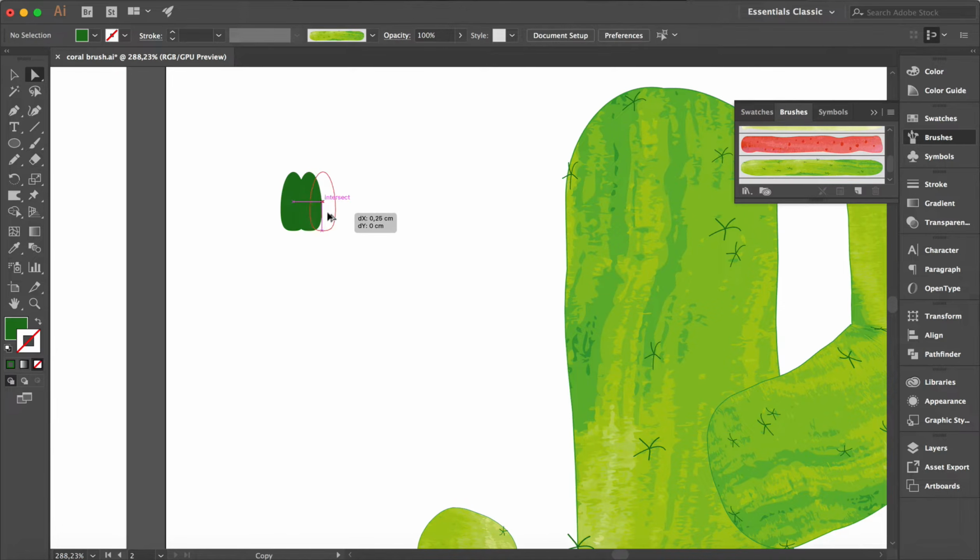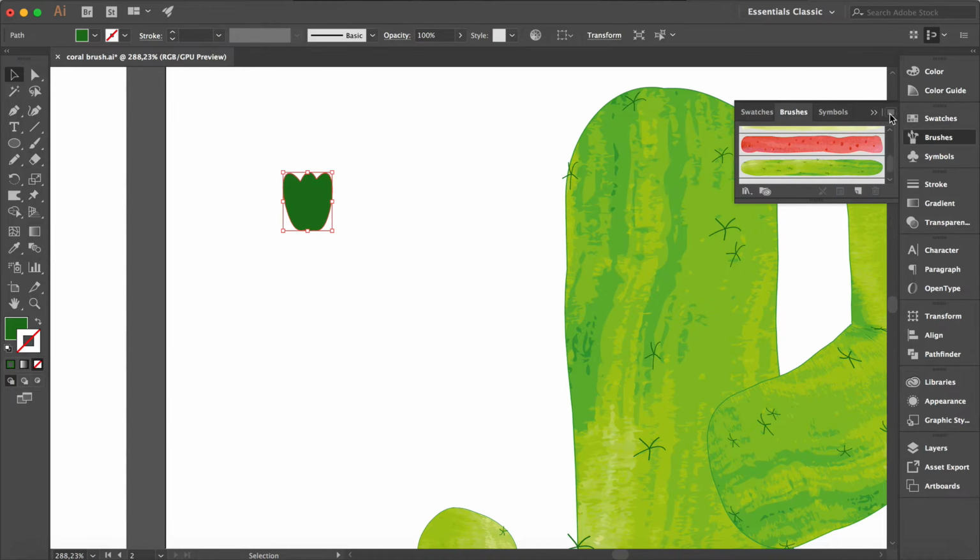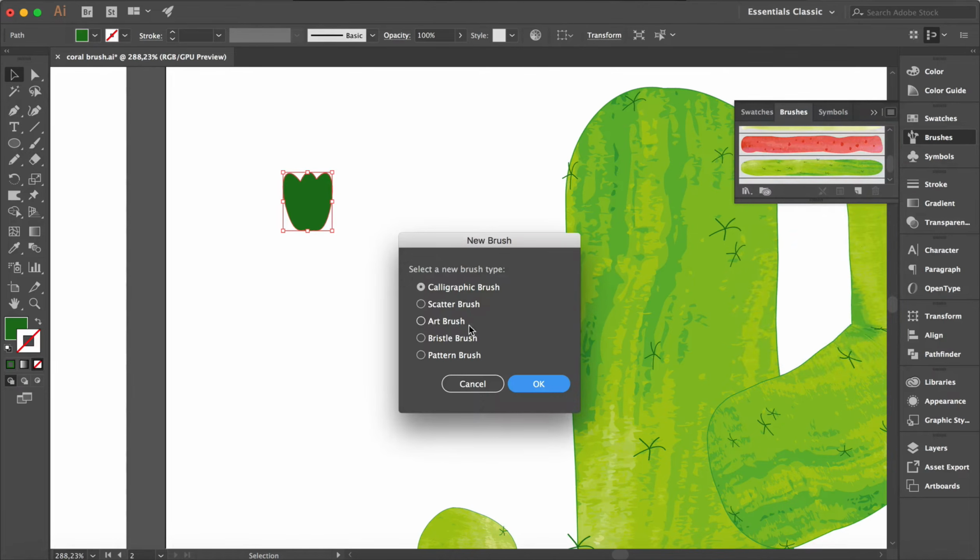Press Alt. I'm just gonna rotate that one a little bit. This one a little bit closer. Okay. Just gonna use the Pathfinder to unite, and then I'm gonna go to brushes, new brush, and it's gonna be